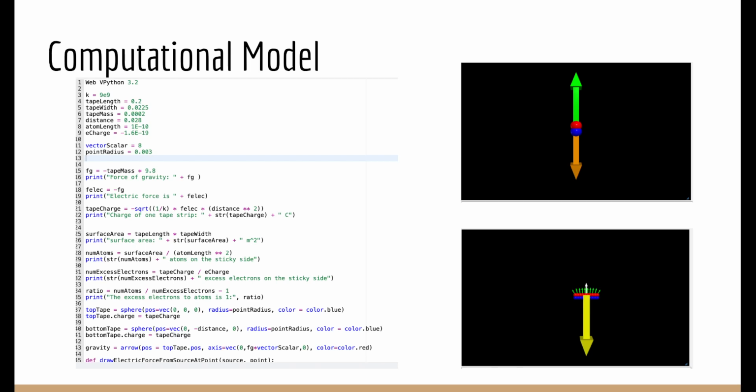The other calculations included the surface area, number of atoms, number of excess electrons, and the ratio of atoms to excess electrons. And the code for the graphics was also included, and the images on the right were generated. The assumptions made,